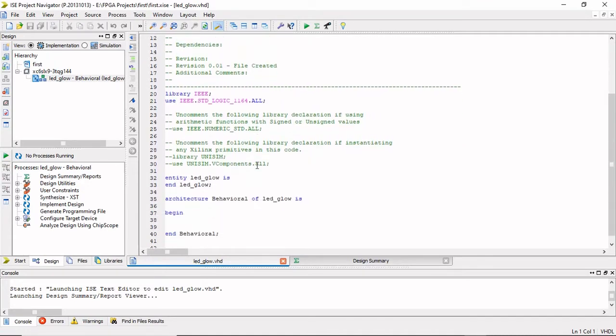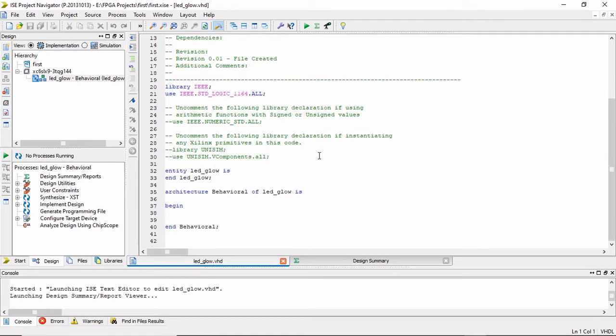In the editor view, as you can see we have library IEEE. The basic of VHDL is: VHDL stands for very high speed integrated circuit hardware description language. It has two basic things: one is entity, the other one is behavior. As you can see, HDL, hardware description, so we are going to describe the hardware. Like in this program we are going to have two things, LED and switch. So let's make those things happen.